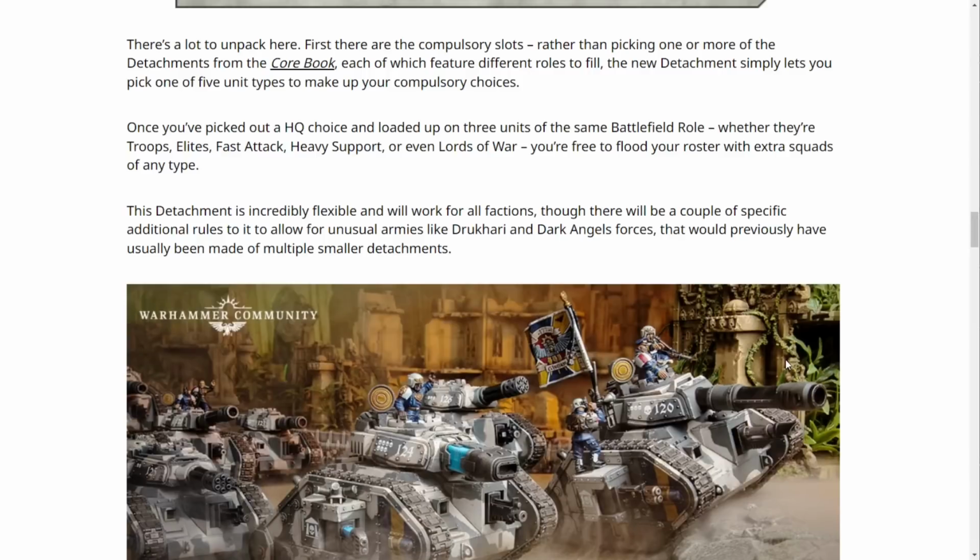First, there are the compulsory slots. Rather than picking one or more detachments from the core book, each of which features different roles to fill, the new detachment simply lets you pick one of five unit types to make up your compulsory choices. Once you've picked out an HQ choice and loaded up on three units of the same battlefield role, which I think every army anyone has ever played is going to have,